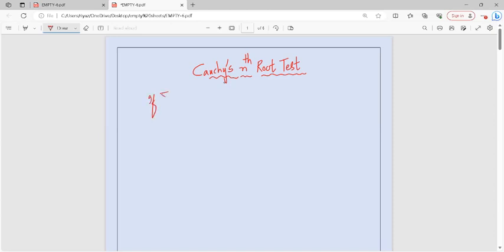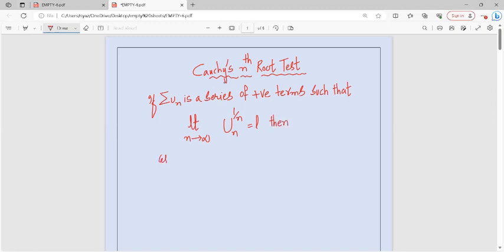If summation un is a series of positive terms, such that limit n tends to infinity of the nth root of un, that means un to the power of 1 by n, is equal to L. Then case number 1, first case,